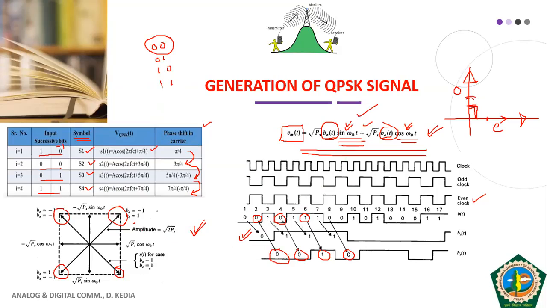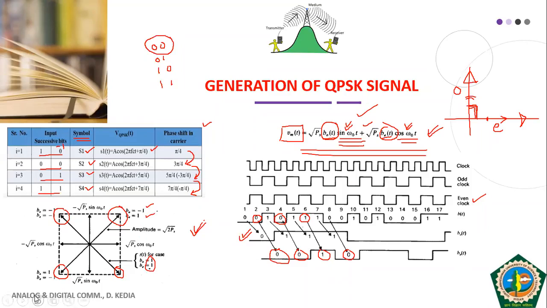Depending on whether your odd bit is -1, even bit is sorry, +1, so if we have symbol -1 +1, or 1 1, or -1 -1, or 1 -1, depending on that we get